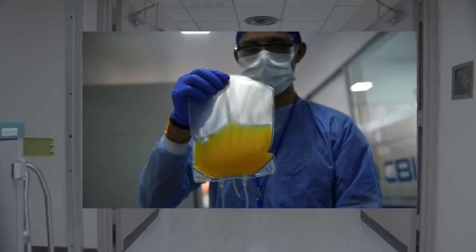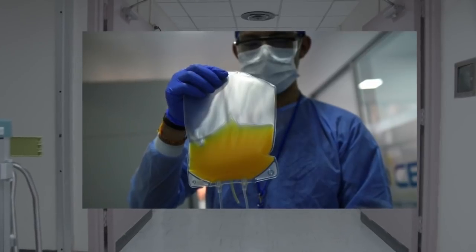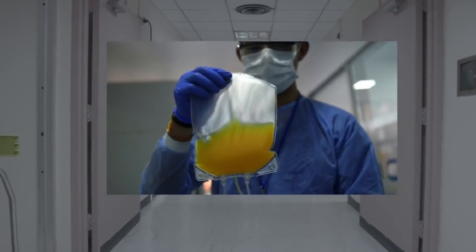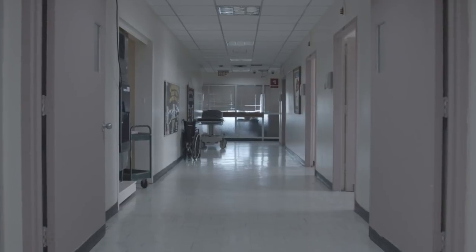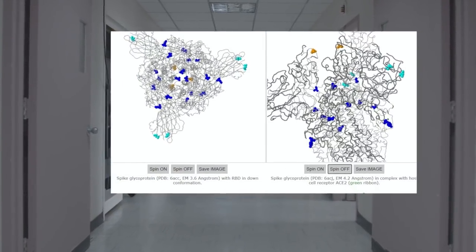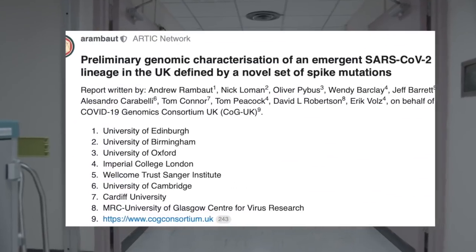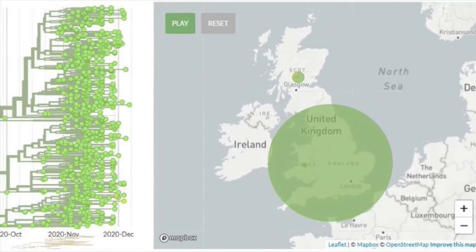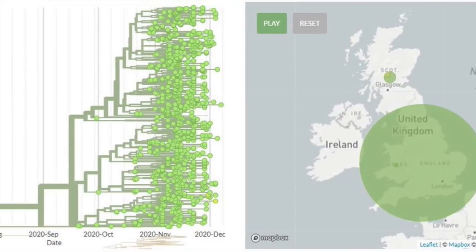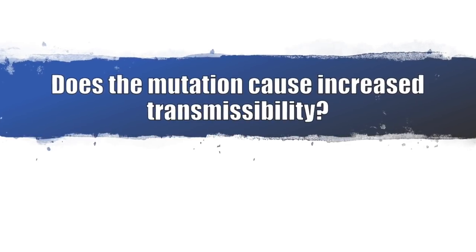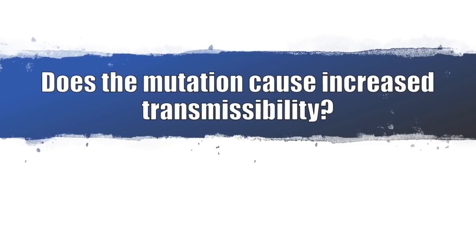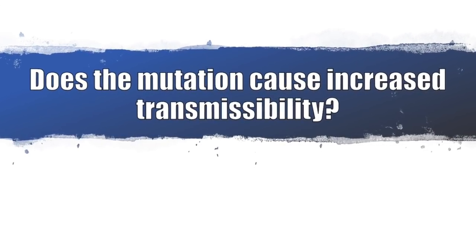Then, perhaps convalescent plasma, which is full of antibodies, was administered for therapy, which then put selective pressure on the many new strains of virus in this immunodeficient individual. So you have a bunch of different versions of the virus, and then you pick out the very best one. That's a hypothesis put forth by 10 researchers in the UK. Regardless of the process, it seems pretty clear that this lineage originated in England. And that brings us to the third and final question. Does this matter? Are these mutations really causing the virus to spread faster?